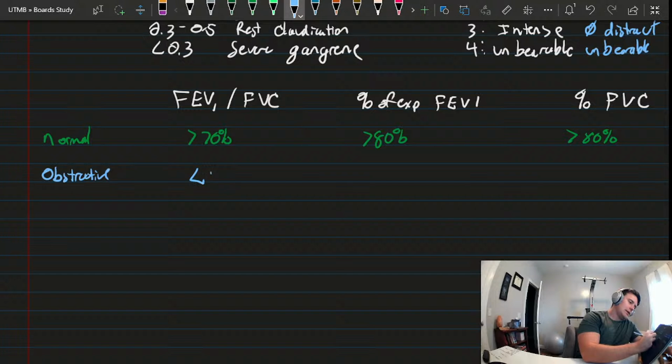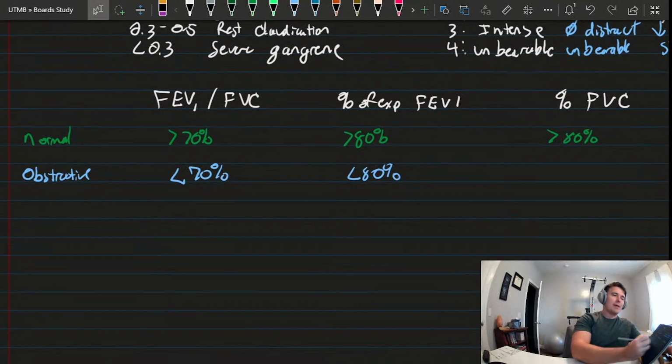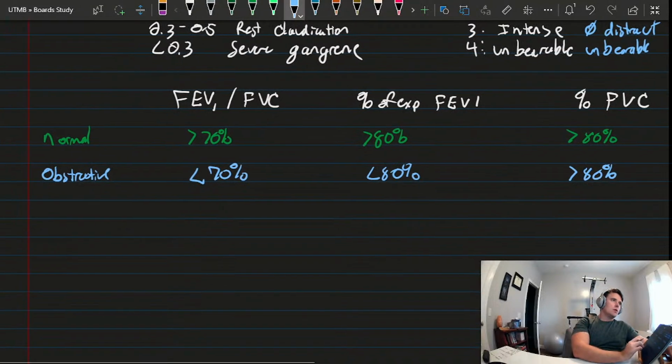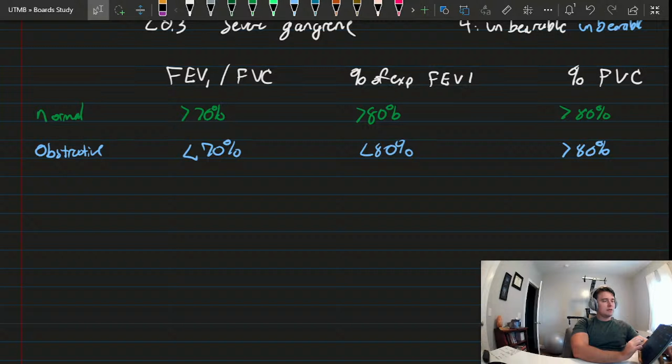So it's going to be less than 70%, less than 80%, but your forced vital capacity is going to be higher because you're able to keep more air inside your lungs at one time. So this is going to be your chronic obstructive pulmonary disease, or your COPDs,